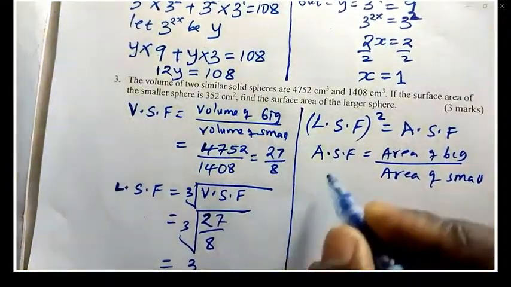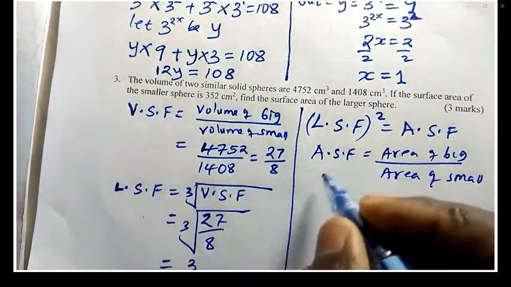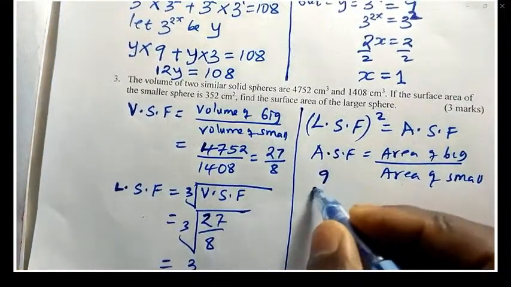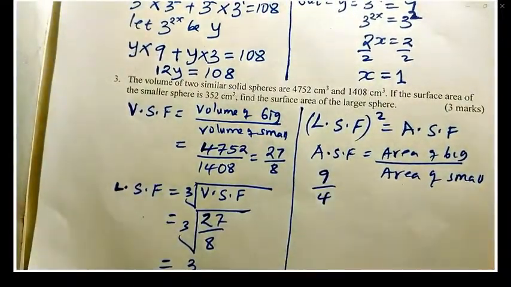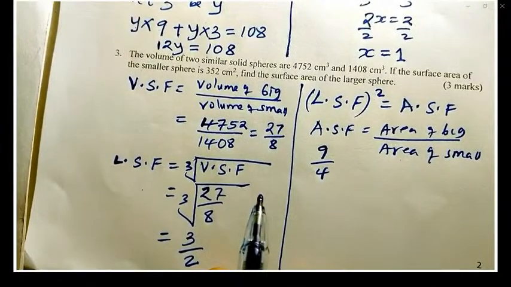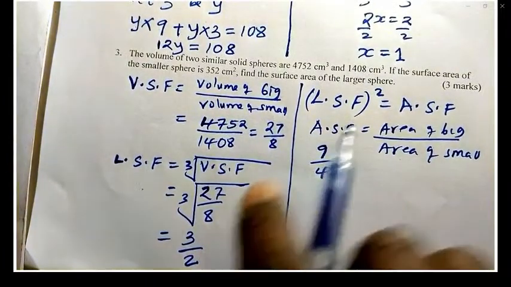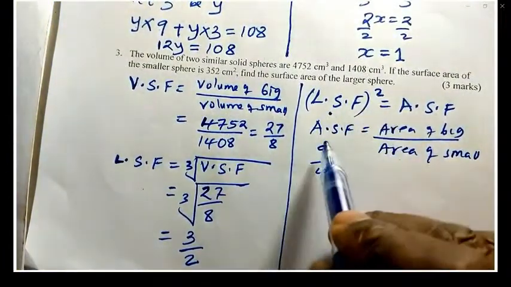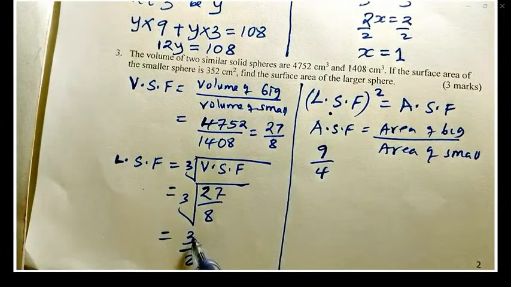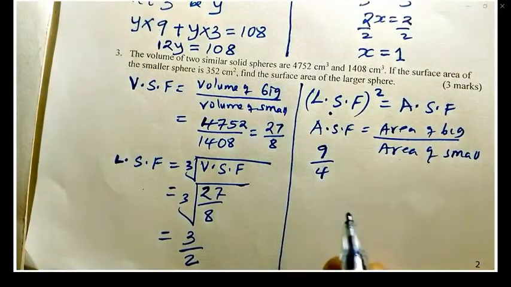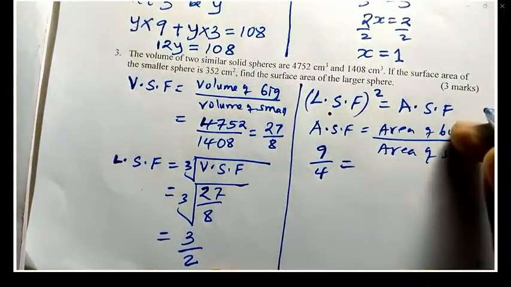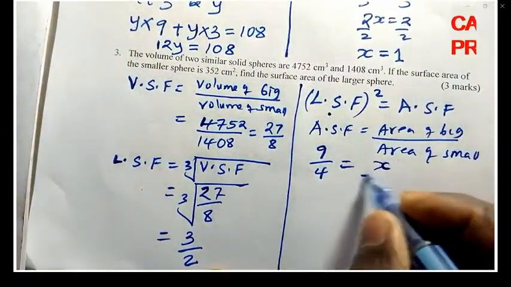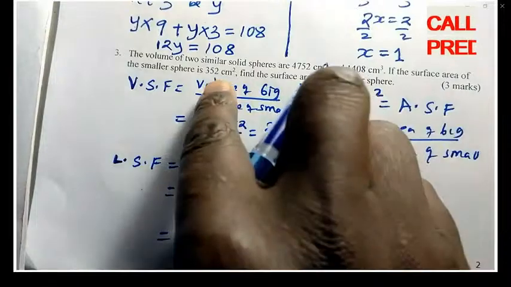Area scale factor itakuwa 9/4, the square of linear. Unaelewana? Yes, linear scale factor square itatupea area scale factor, na nimefanya hivyo. Linear ni 3/2, so area itakuwa 9/4. This one will be equal to the area of the big, which is x, we don't have, over area of small. Area of small ni